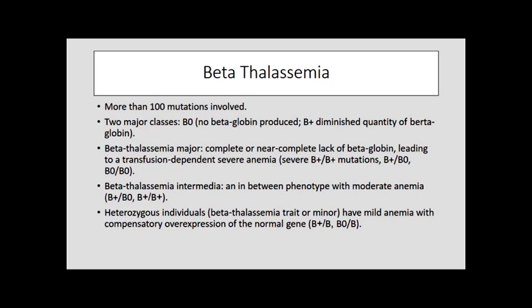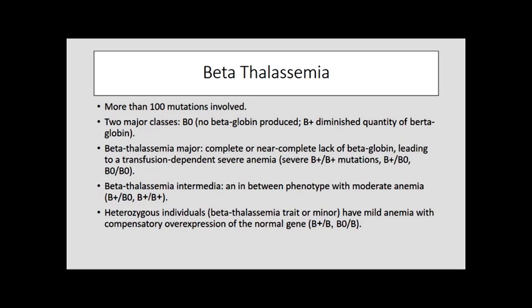Now we divide the beta thalassemia into beta thalassemia major, which is complete or near complete lack of this beta globin. Beta thalassemia intermediate, as the name says, is an intermediate process. And beta thalassemia minor or trait is the same, in which people have a mild anemia with a compensatory overexpression